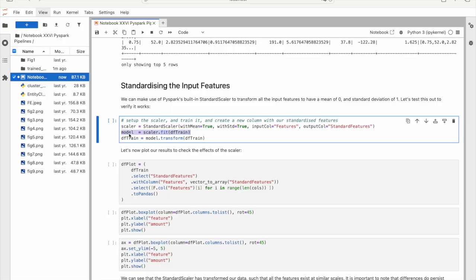And so now with model, since it's a transformer, we can execute the final step, which is just this transform method, and it takes in the training data again and returns the same data frame, but now with an additional column, which is going to be called standard features. So we can run this cell